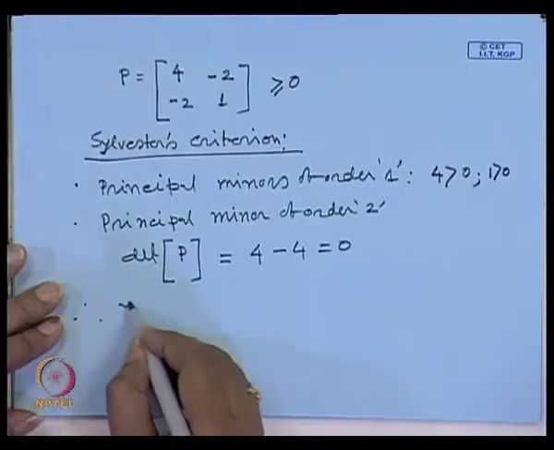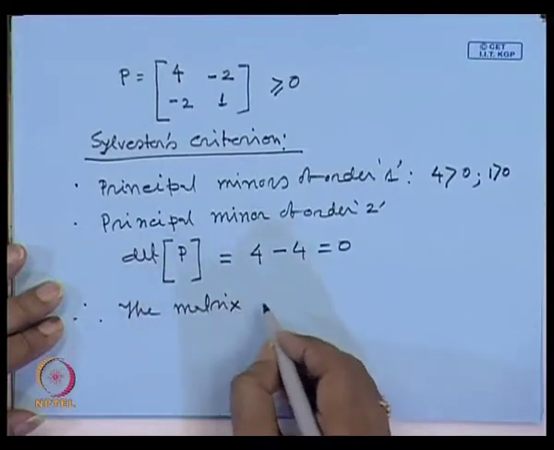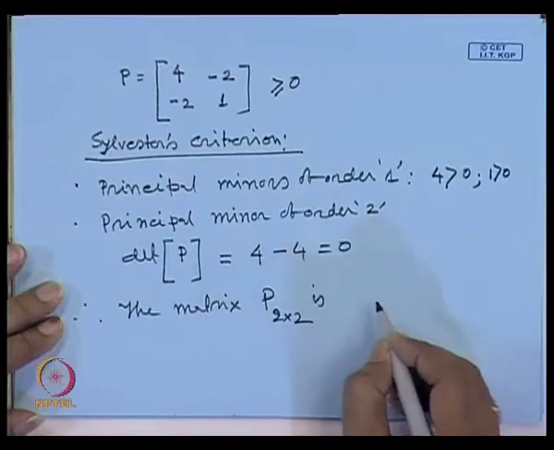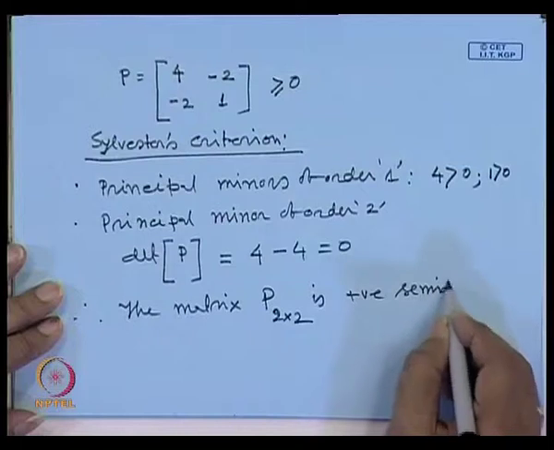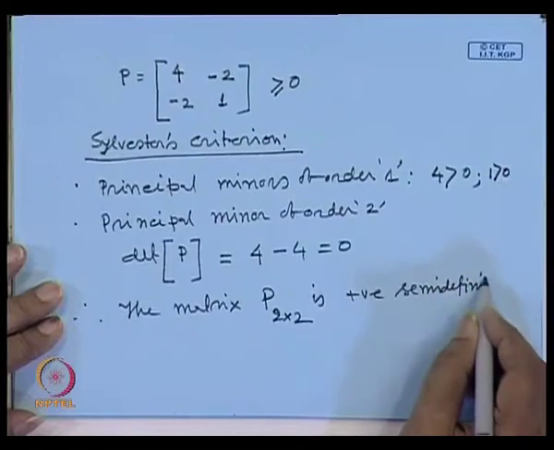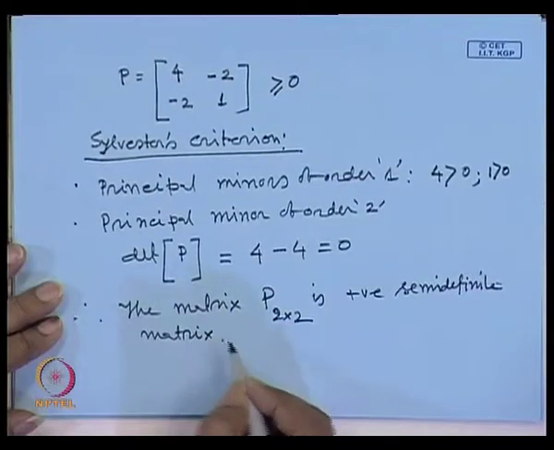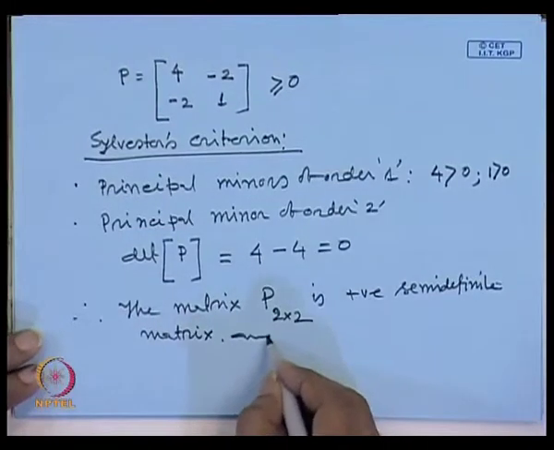Therefore, the test using the matrix P, whose dimension is 2 cross 2, shows it is positive semi-definite, and hence the given function